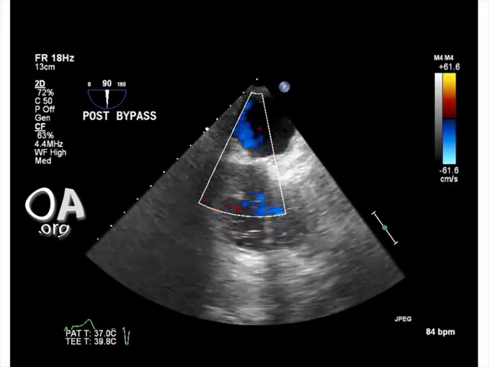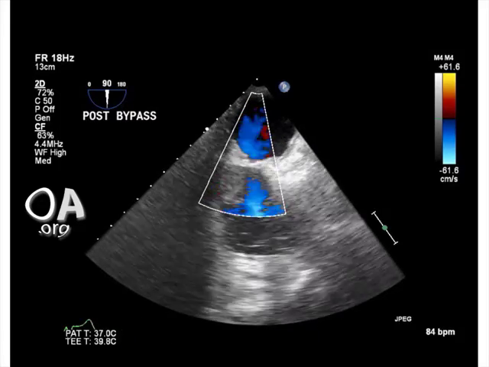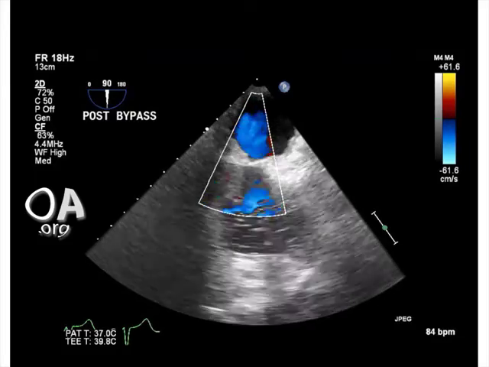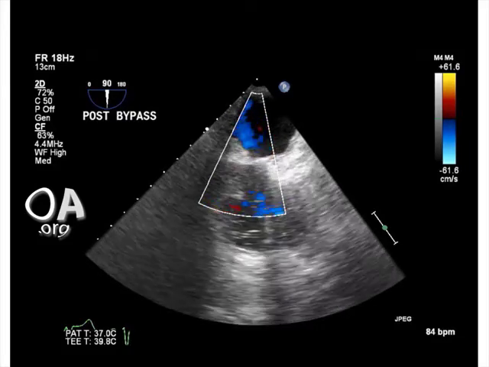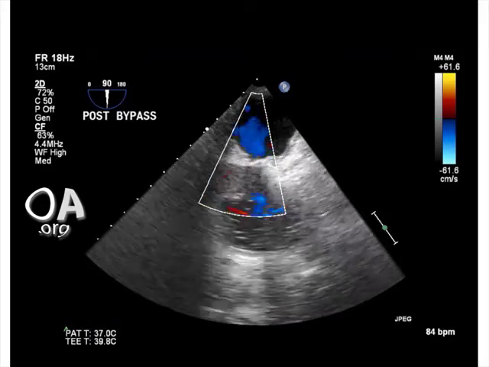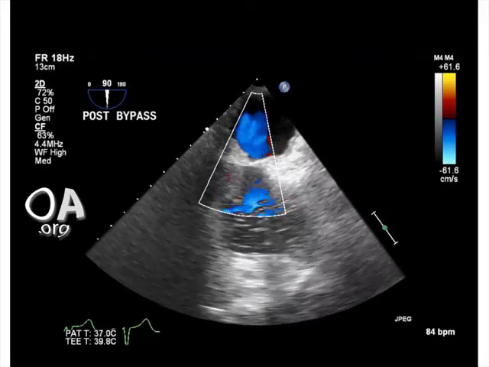This is the mid-esophageal bicaval view at approximately 90 degrees, although it is difficult to visualize the SVC, which is usually on the right side of the screen, or the IVC on the left side of the screen. This view is used post-bypass after the myxoma resection to carefully inspect the interatrial septum for surgical lacerations or a